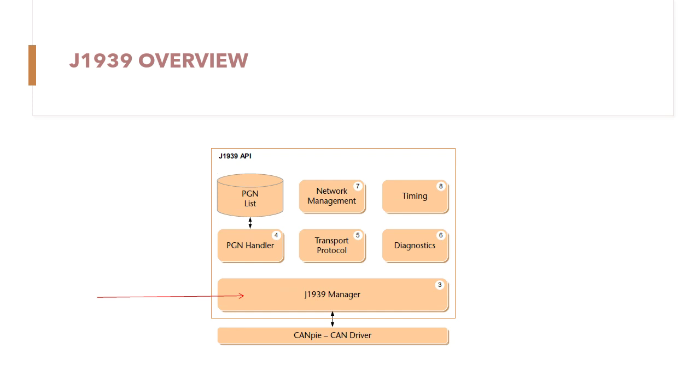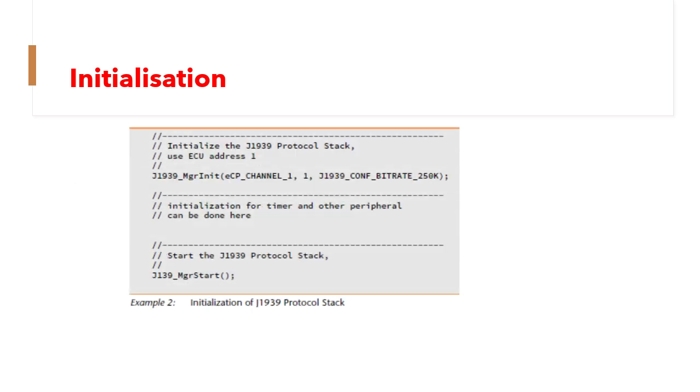We will initially look at the initialization of the J1939 manager, both the generic way and the methods in it, and we'll go through the manager configuration options available and then the manager functions. This is how we go through this article. We already went through initialization in our previous video. This is a recall of the initialization.